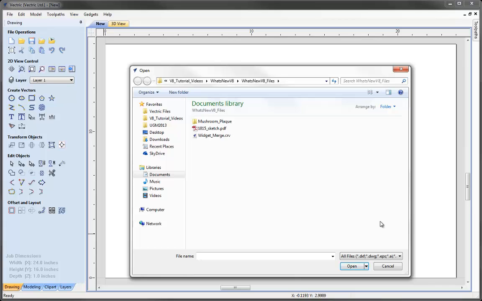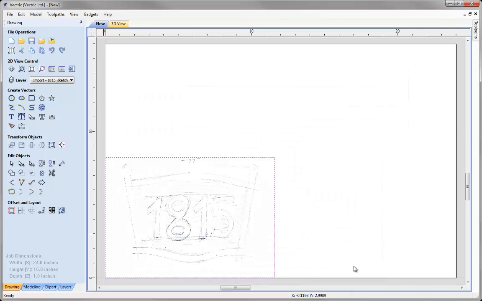Now for this example, I want to open this PDF file. Now this PDF only contains an image, it contains no vectors, and in the previous versions of the software it would have given me an error saying that it only contained bitmap data and would not have been able to open any of that information. I'd have had to open the PDF separately and maybe capture the image and then save it as a JPEG and import that. Now in version 8 here I can hit open, and even though there is no vector data